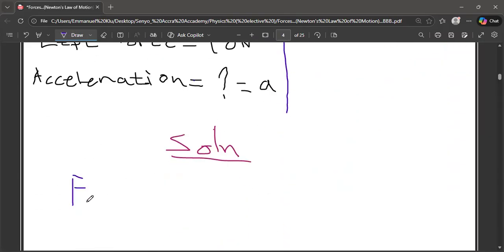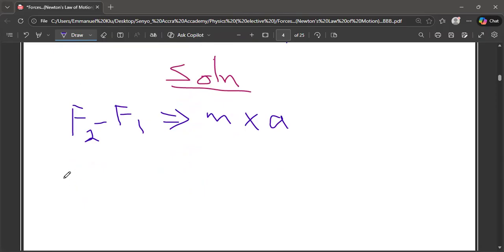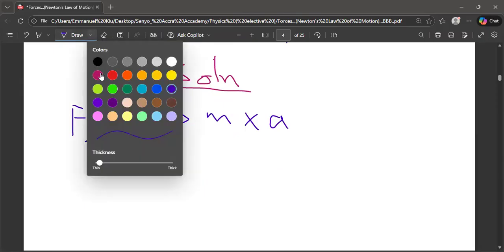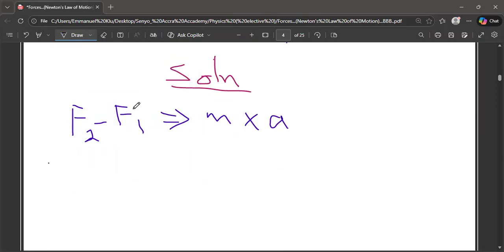So F2 minus F1 is equal to mass times acceleration. At the end of the day, if I want to get my acceleration, my acceleration is just going to be equal to, let's say, A is equal to